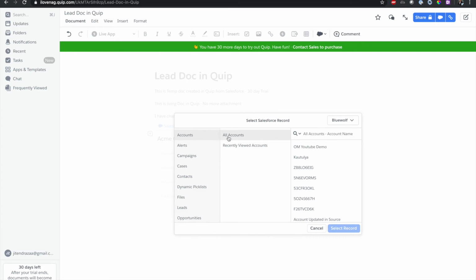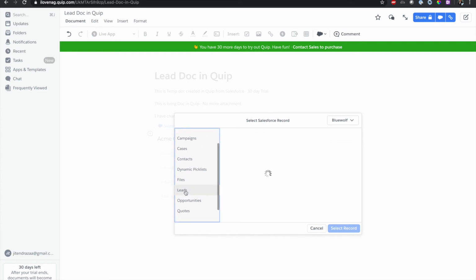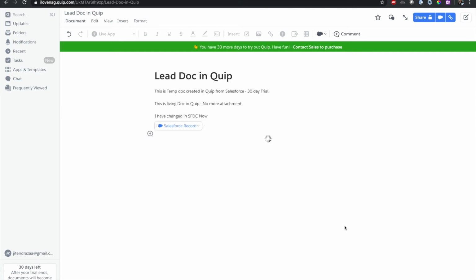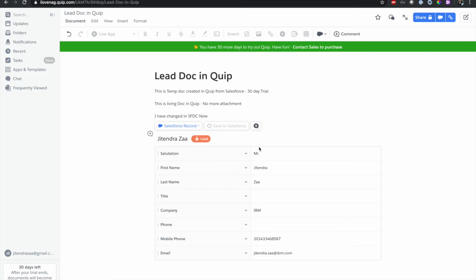We can choose any object: account, alert, campaign, whatever we have. Alert is a custom object in my org, so let's bring the lead itself, but you can bring any other record. I select the record, and it is displayed in a tabular format with all the fields on the page layout. Behind the scenes it is using the UI API.